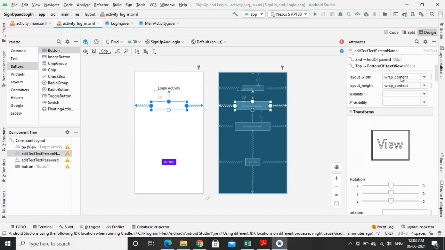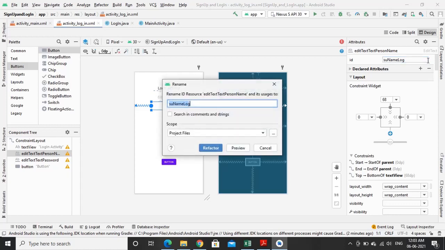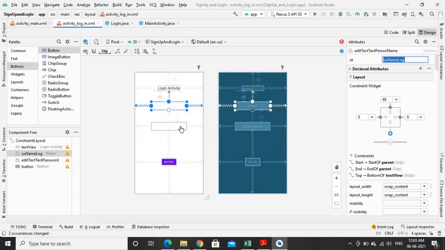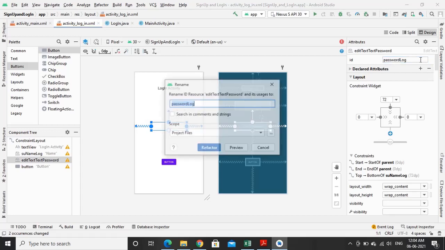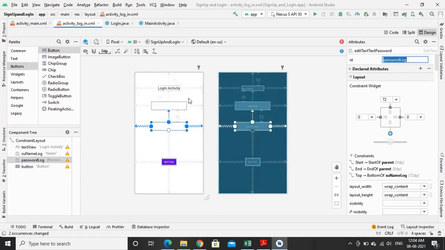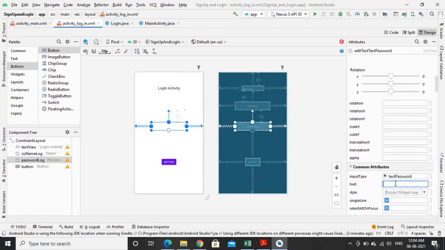And even change the ID for this. This is username for login, US name for login, and this is password for login, and also give the hint for password as well as username.